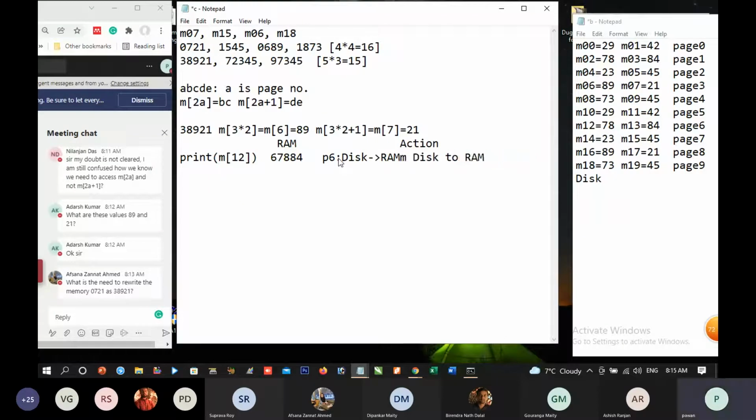Is it clear? Then print M12 is done. RAM will contain this, and page 6 will be transferred from disk to memory.